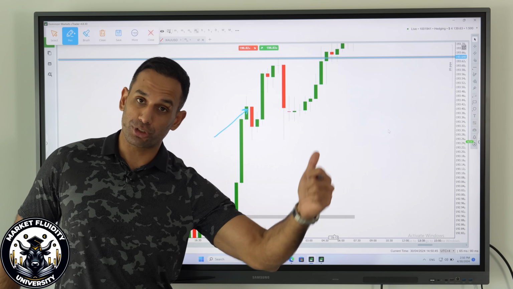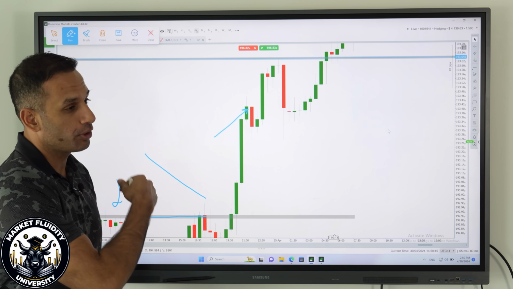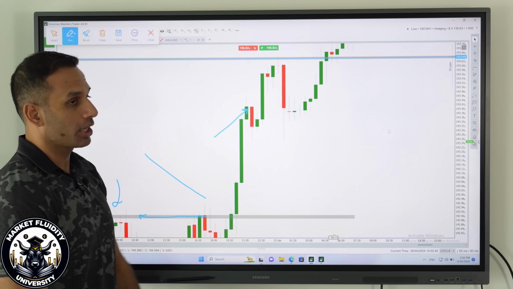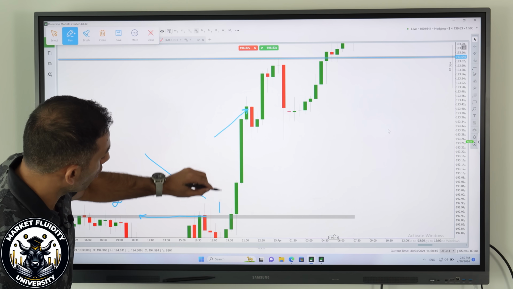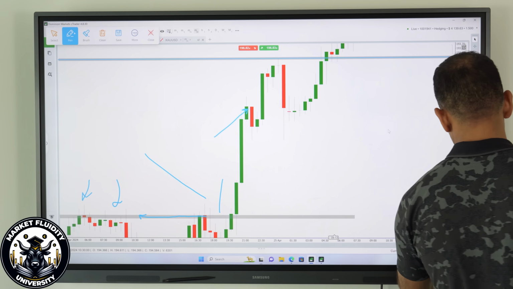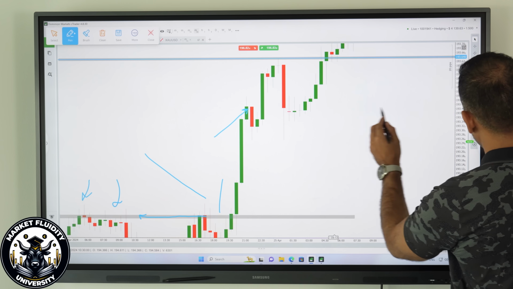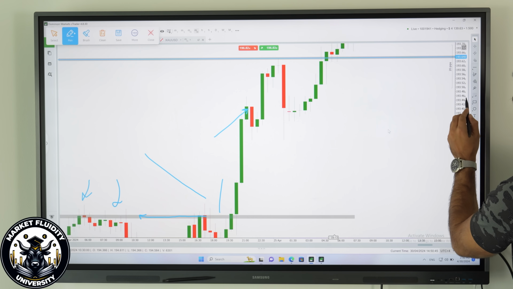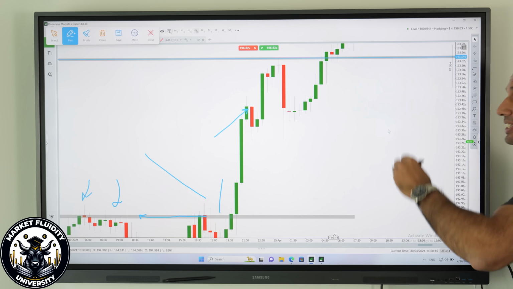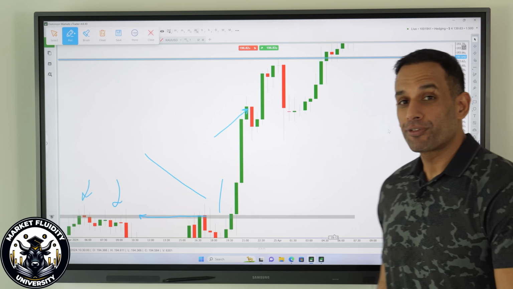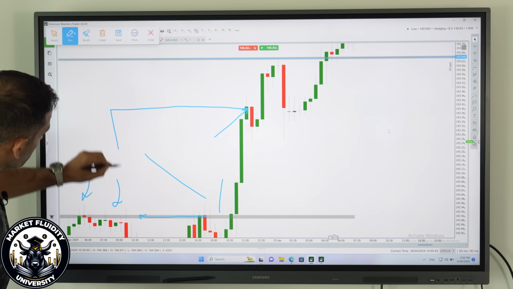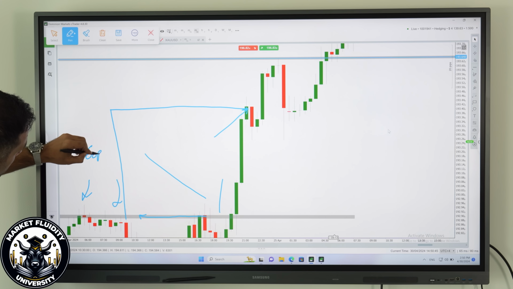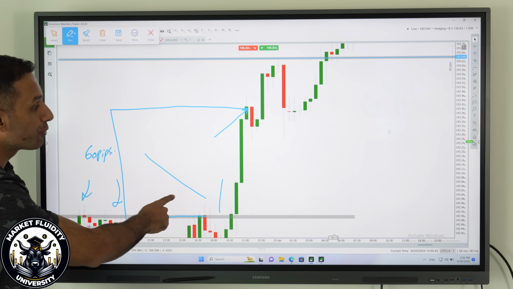But this is an uptrend. Do we sell at this point? If you're a new trader, you'll see this and think, okay, perfect time to sell because we have moved up. So what was this anyway? This was at 192.880 all the way up till 193, around 60 pips. We moved up 60 pips.